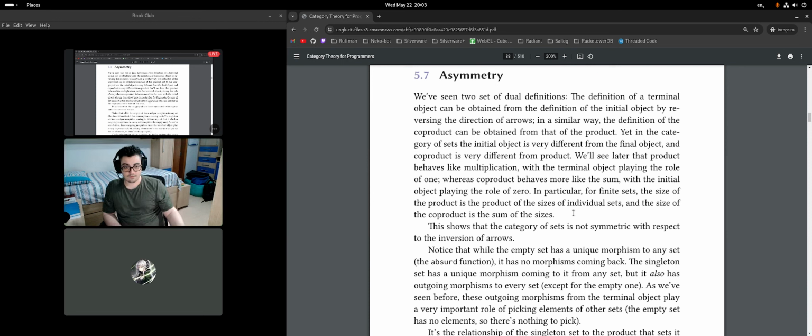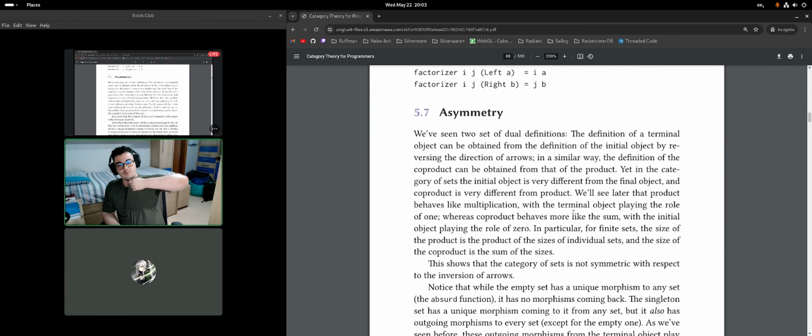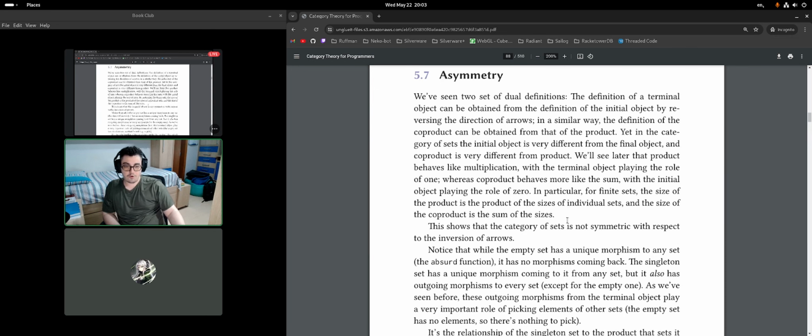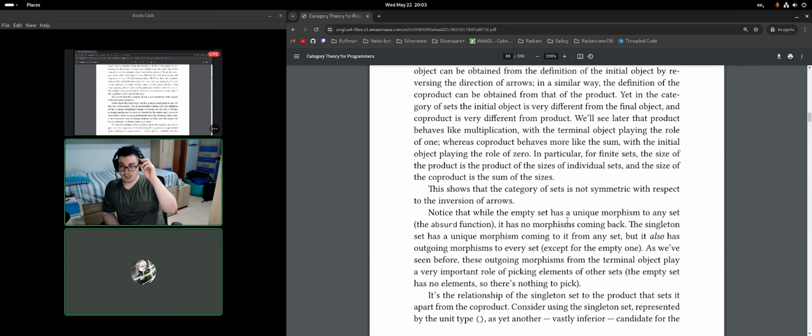Either is a co-product. I said it wrong, sorry. Either is a co-product. So it's going to be zero plus two, because there are no values of type Void, otherwise it wouldn't be the type Void. Which means that you can never reach the Either from the left. You can only reach it from the right, so you're going to have Right True and Right False.